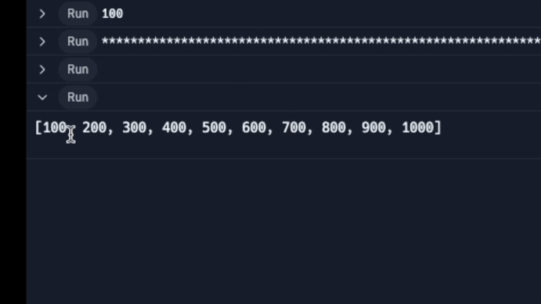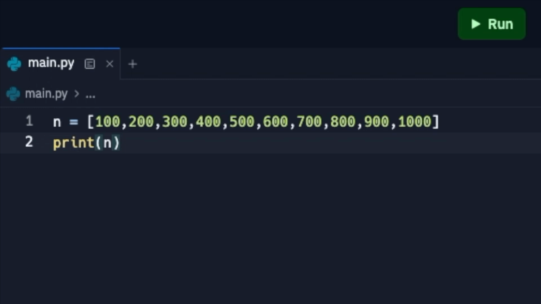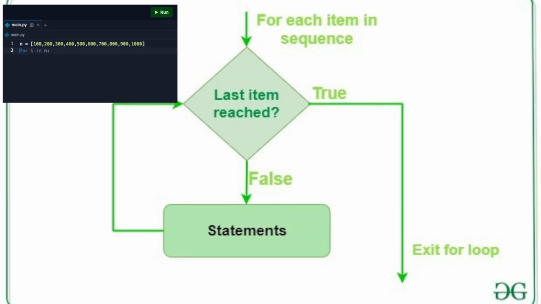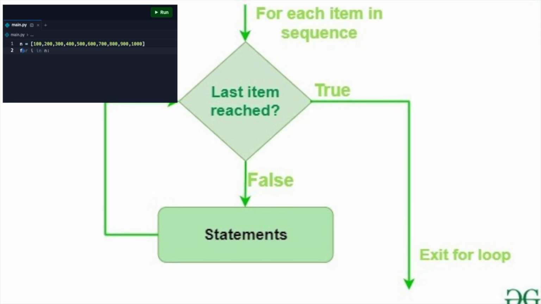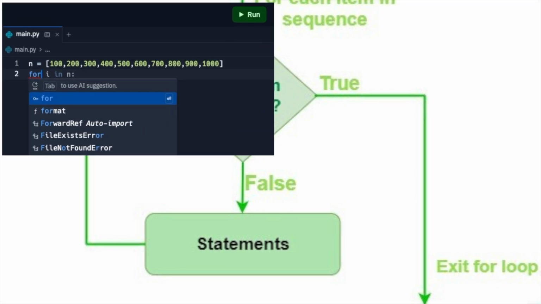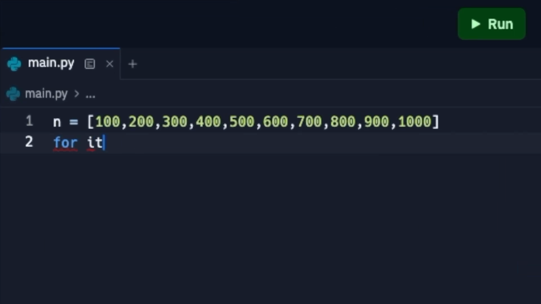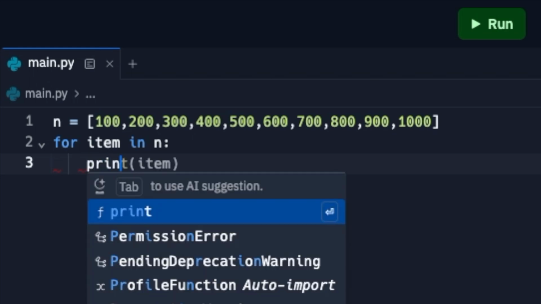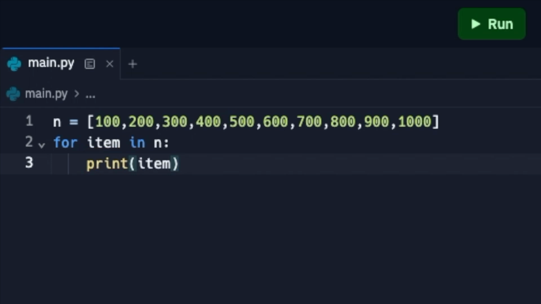But what if you want the numbers each on a separate line? That's when you would use a for loop. So the way you would write this is for, and then you give the loop a name. I'm going to write item, and then in n, and then directly underneath, we write print item. And then when we run,